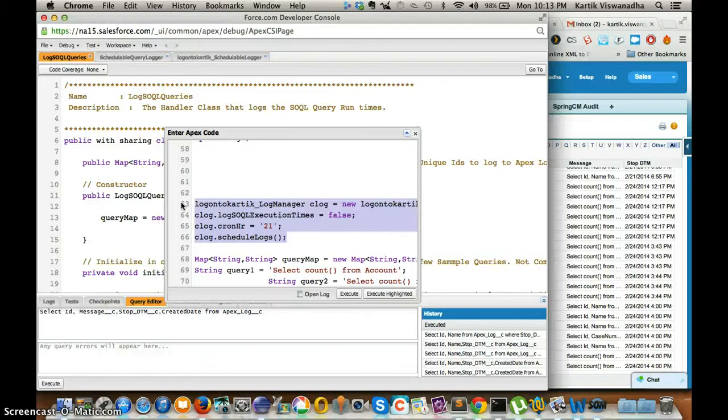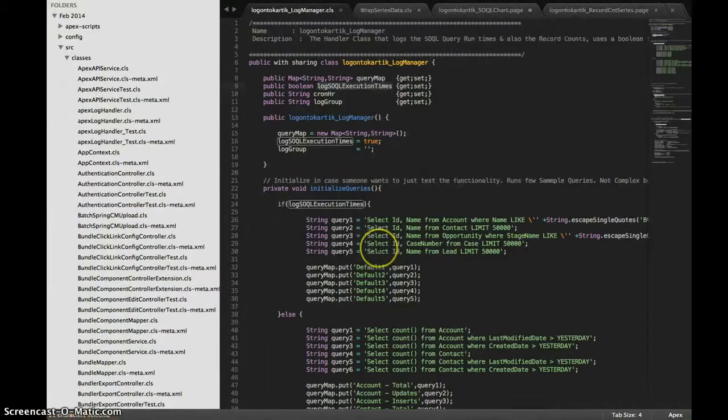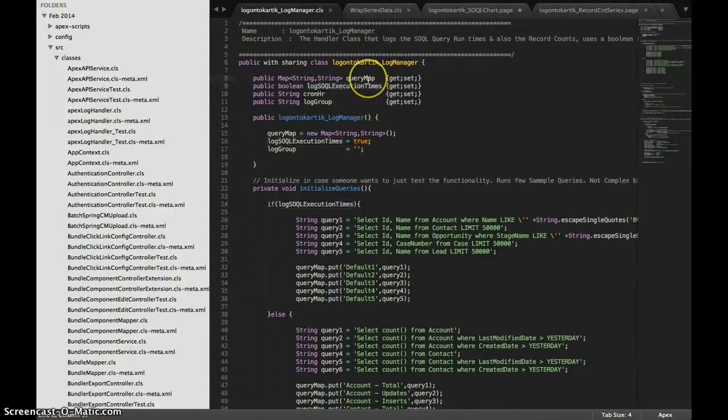You can turn this one false and do the schedule logs. It will create a scheduler for you which runs on a daily basis. There is this public query map variable which you can define.